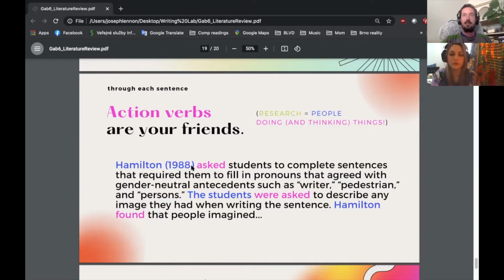So you're leading the reader clearly through a set of actions, a set of research actions, and you're emphasizing that in the structure of the sentence by starting with the researcher or the writer, the author of your source, and then a verb, a strong verb there,